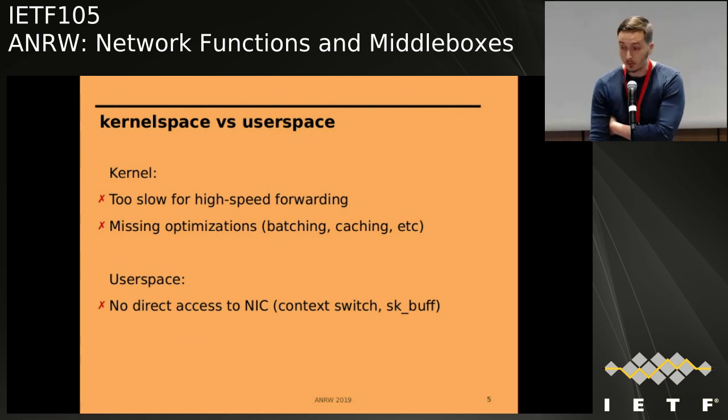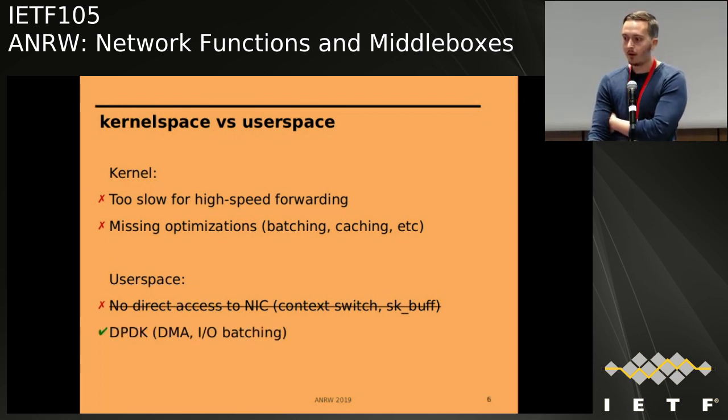Well, first and foremost, because there's no direct access to the network controller. You have to go through a system call, which involves a context switch, which involves an extra overhead that we just can't afford. Plus, the kernel relies on the skbuff structure to store packets, which is very complex and not really in line with packet batching or batch processing. But fortunately, there is DPDK, which can be understood as a user space friendly driver for the network controller,